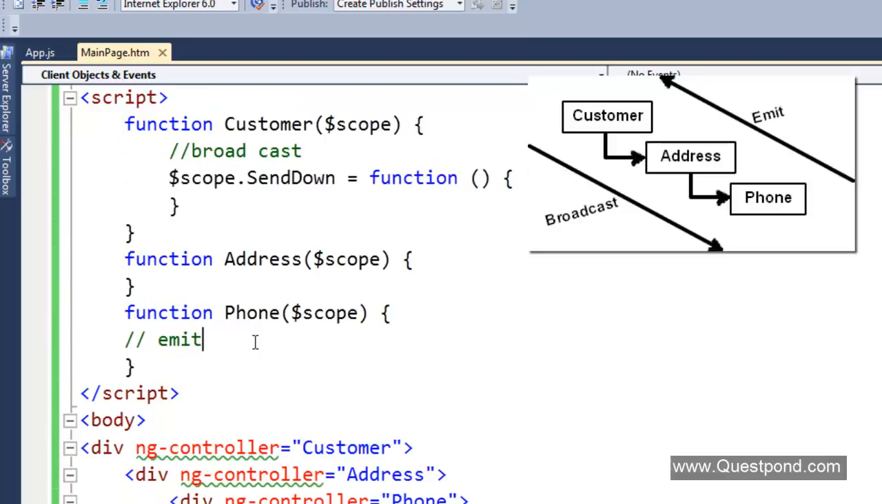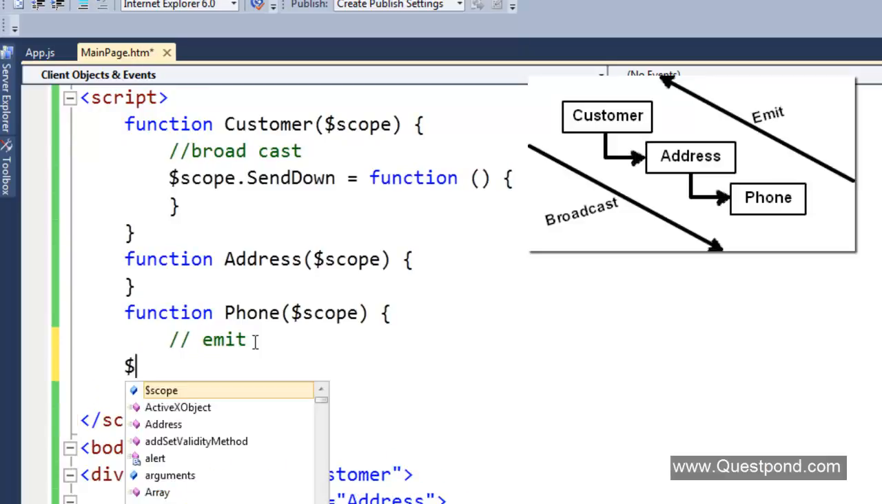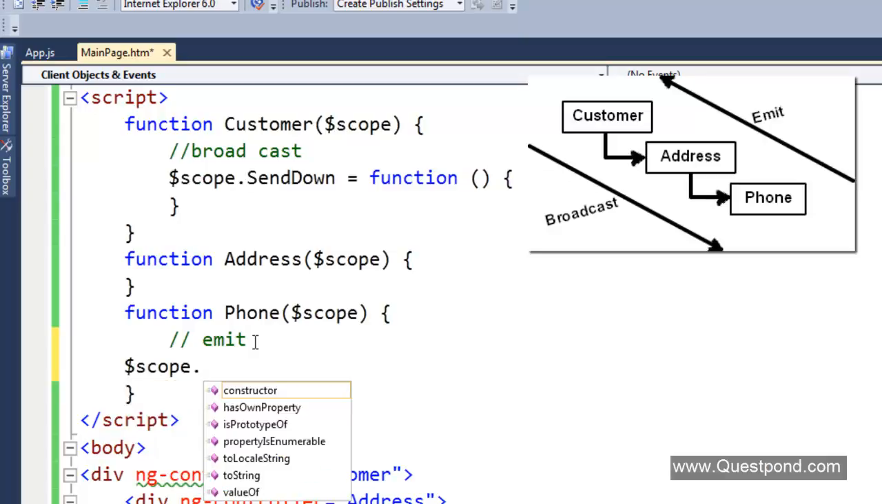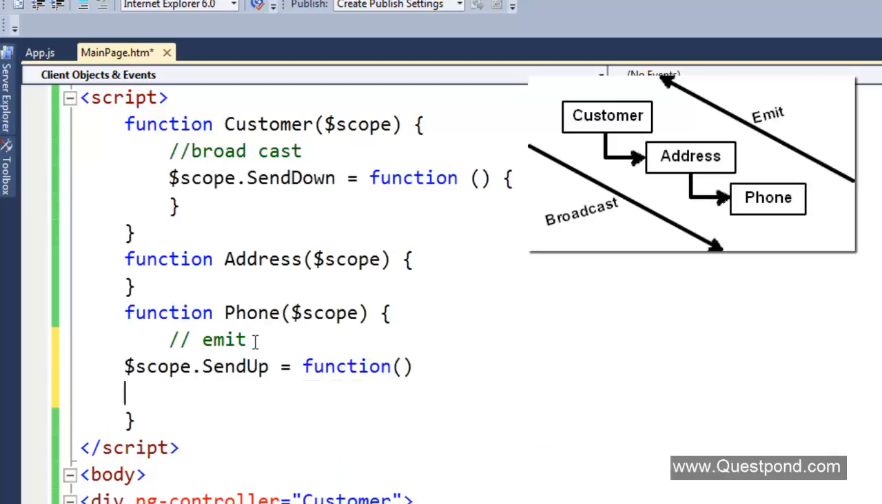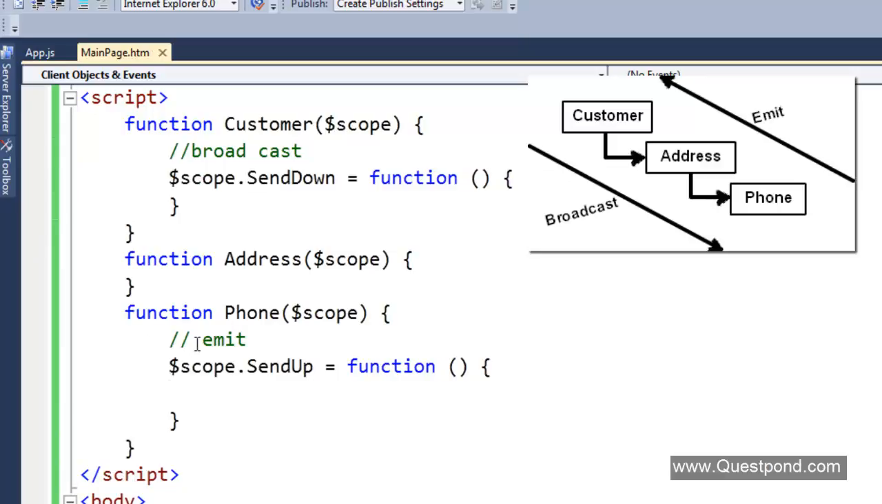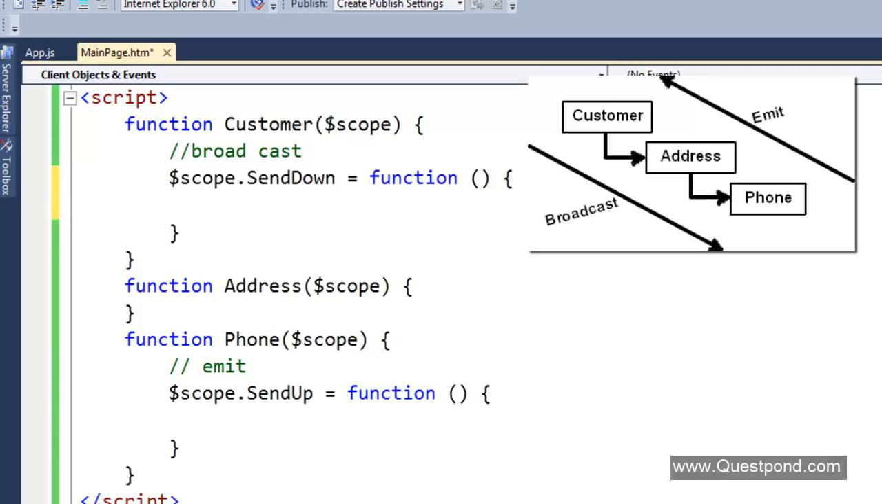And let me create a method in the phone which sends the event up. So I'll call this sendUp. From here I will send an event propagation which will go from phone to address to the customer. So in order to send down the event, we have to say here